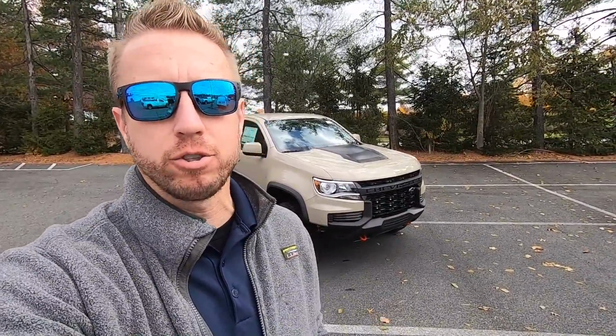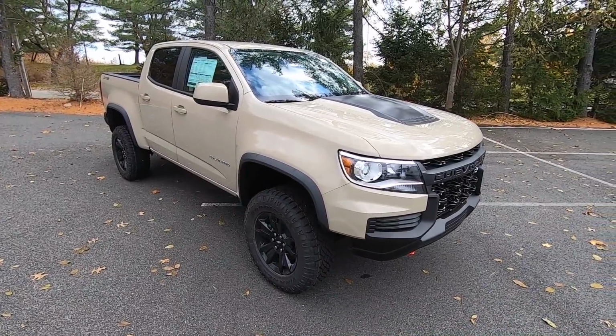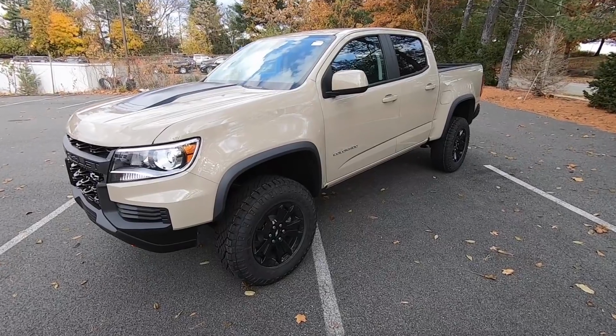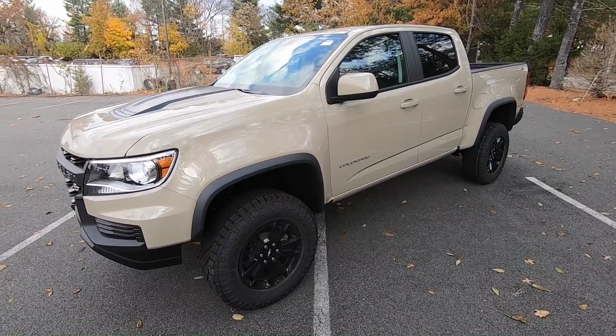I am Dave B. I sell Chevys in northern New Jersey at a dealership called Schumacher Chevrolet of Livingston. And today we're going to take a look at our first 2022 Chevrolet Colorado ZR2, and this is actually the Dusk Special Edition. Now, the Colorado ZR2 is pretty much like a fully loaded vehicle. You're going to get really everything that the Colorado has to offer, and this one being a Dusk Special Edition,